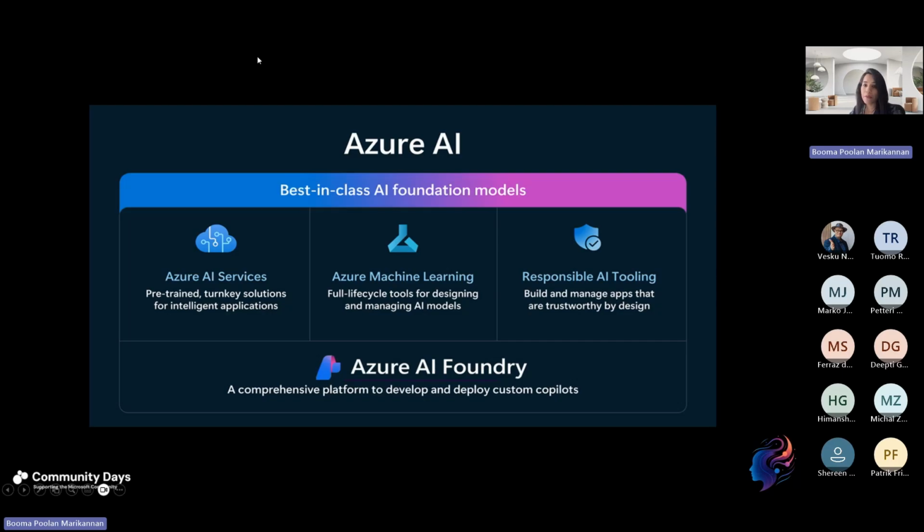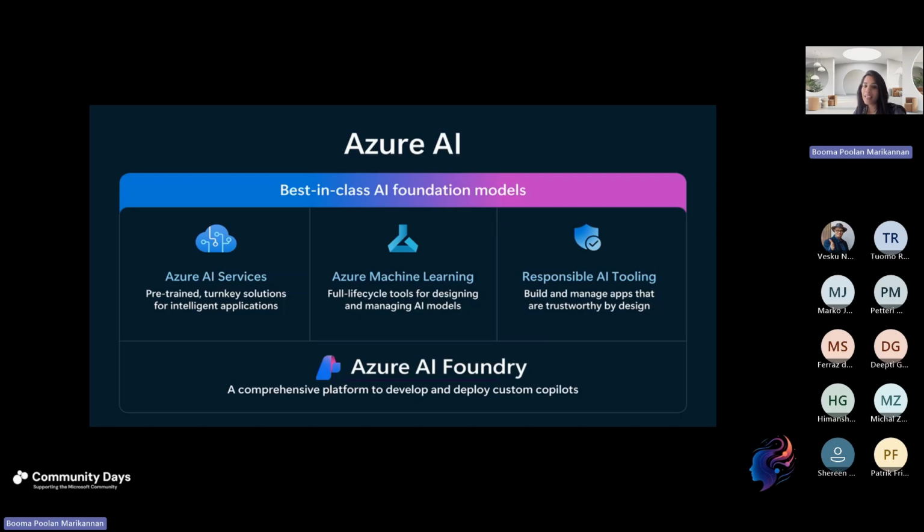First we have Azure AI services that are a pre-trained solution, right? A machine learning model comes with zero knowledge, where we need to provide the historical data to train it. But the beauty of the OpenAI models, both LLM and SLM, is that they have been trained with millions and billions of data, right? So it's called a pre-trained model, designed to power intelligent applications